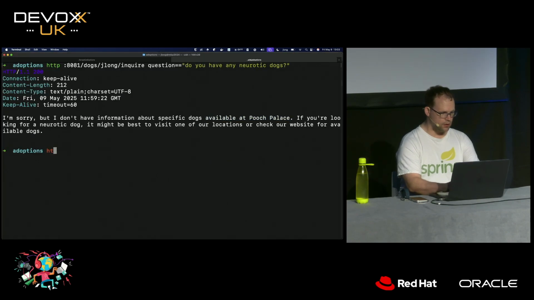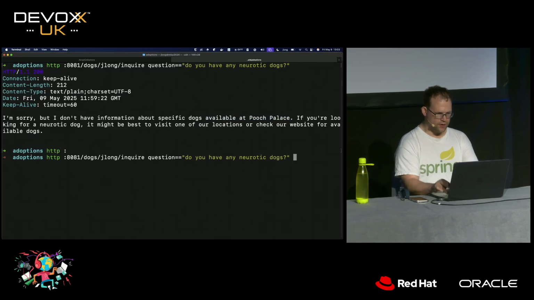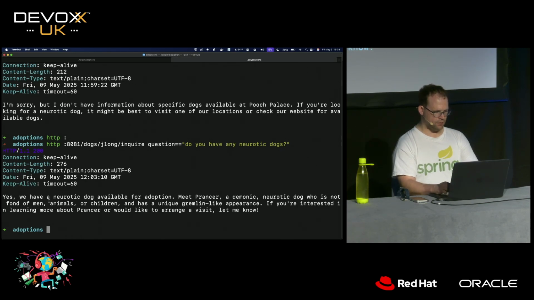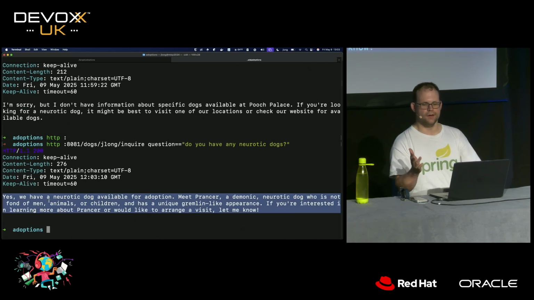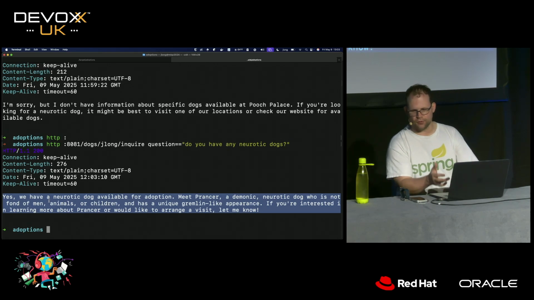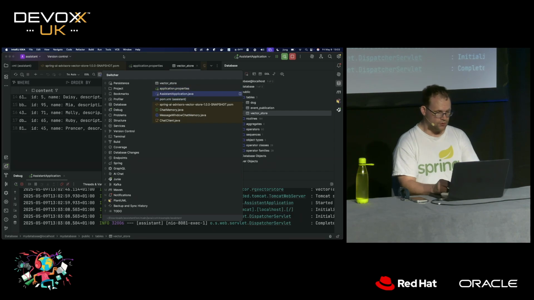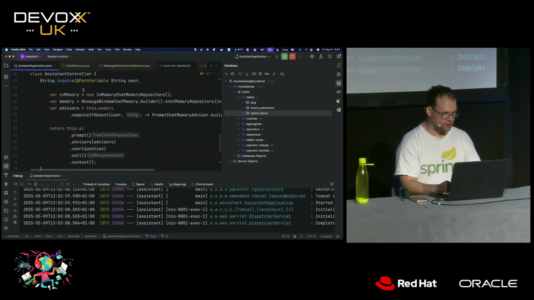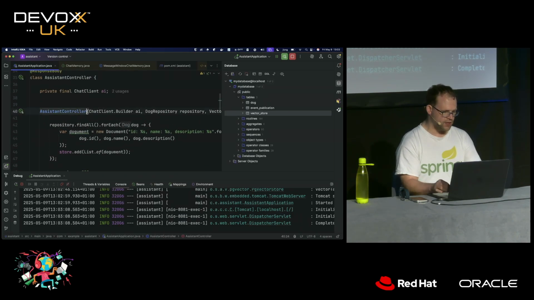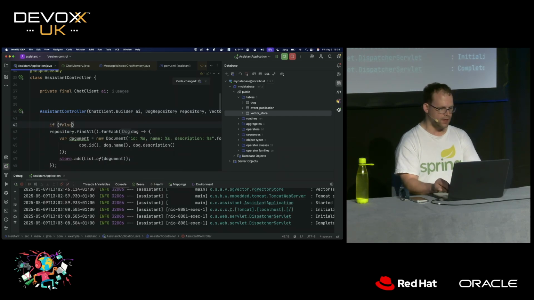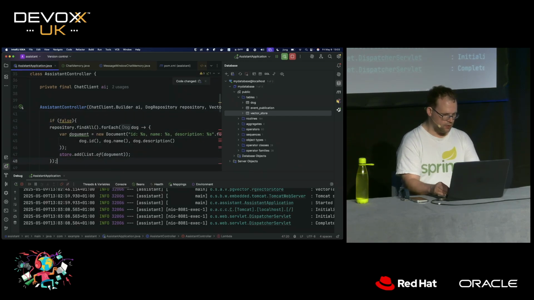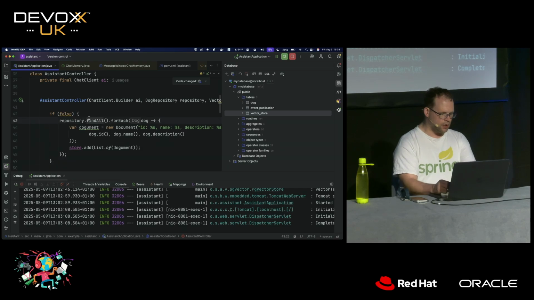Now we can go here, HTTP, do you have any Nordic dogs? Okay, and look at that. We found our boy Prancer. Okay, great. This has worked or failed or whatever. I don't know what the result of this is. We have Prancer, but before we continue, let's make sure to disable that code. I don't want to reinitialize the vector store each time. It's both costly and time-consuming, right? So there we go. If false, do that. Now we've got our dog Prancer.